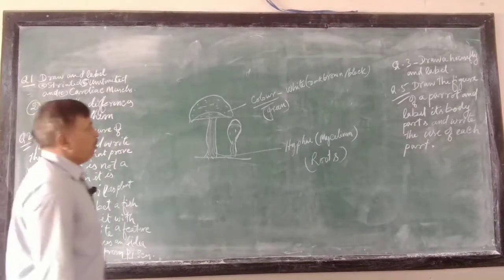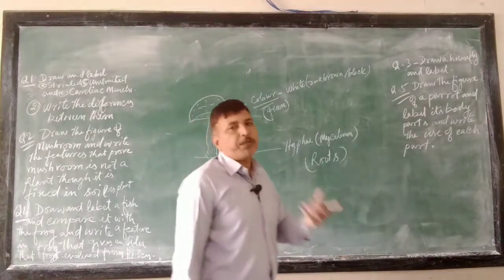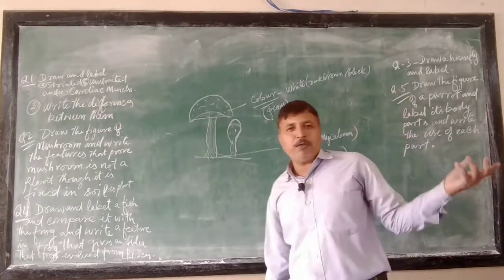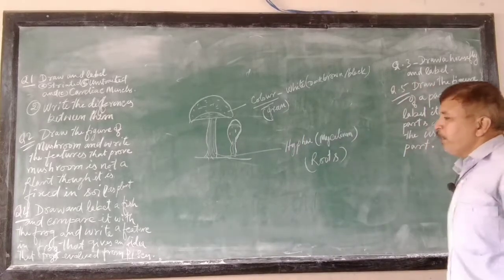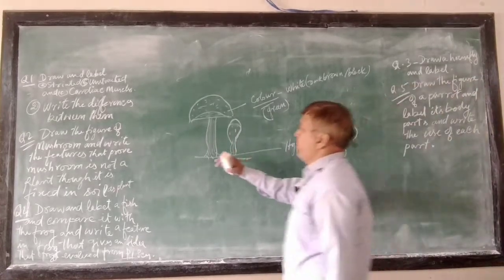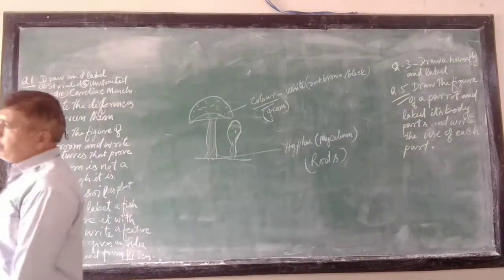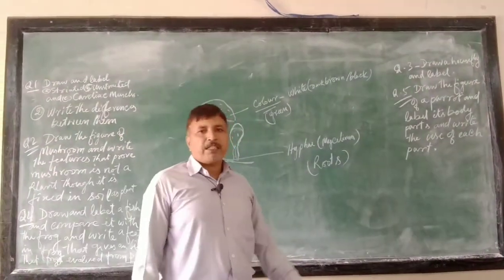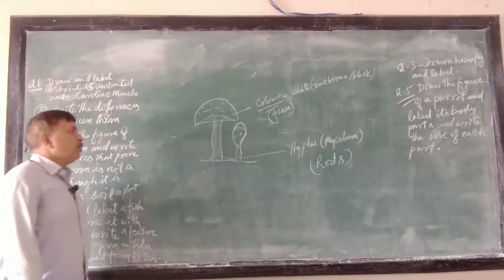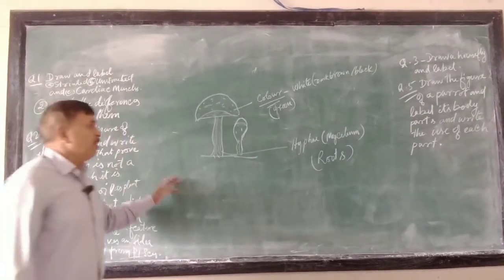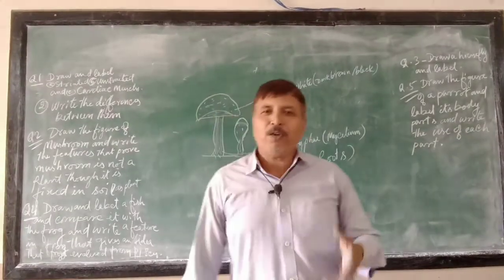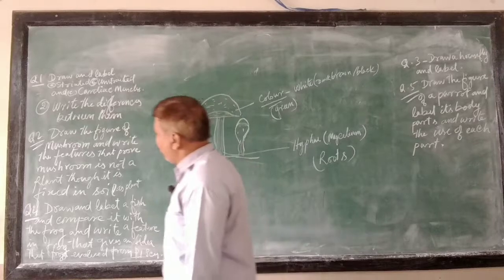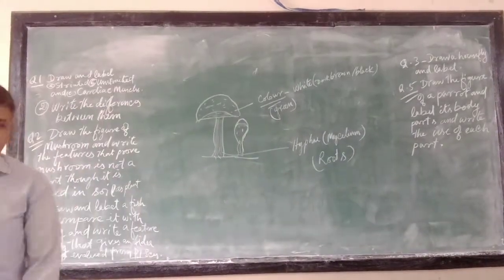Third thing is, they don't have any leaves. Plants have leaves, but they don't have any leaves. You can write that is the third feature in mushroom, that though this is fixed like a plant, it is not a plant because they don't have any leaves like the plants. Clear? So they don't have the flowers, they don't have the roots, they don't have the branches like plants. So all these features you will be able to write for the second one.